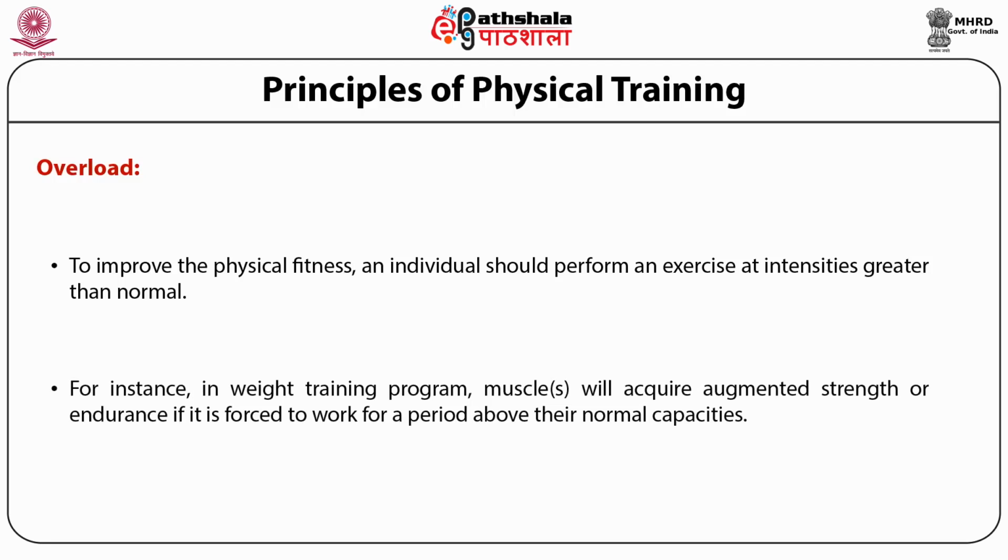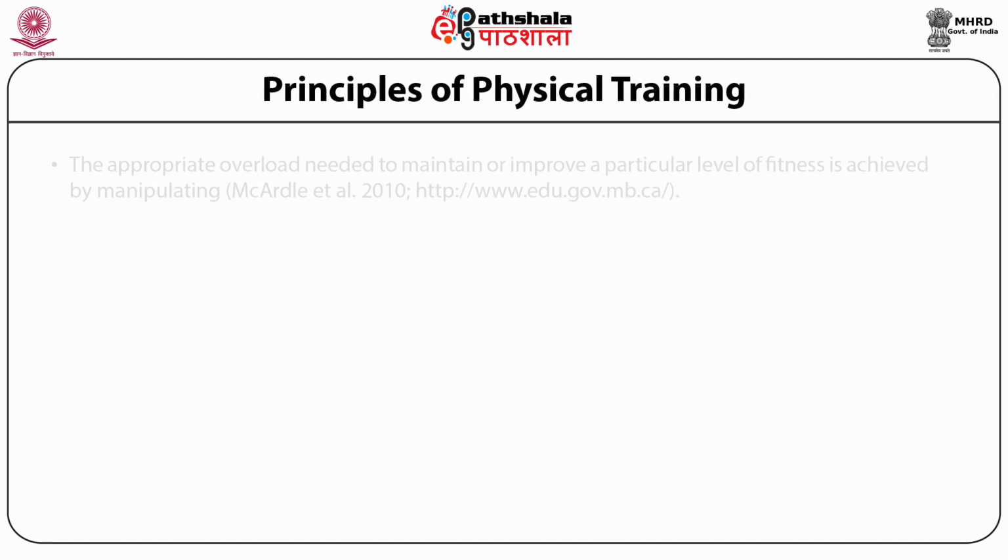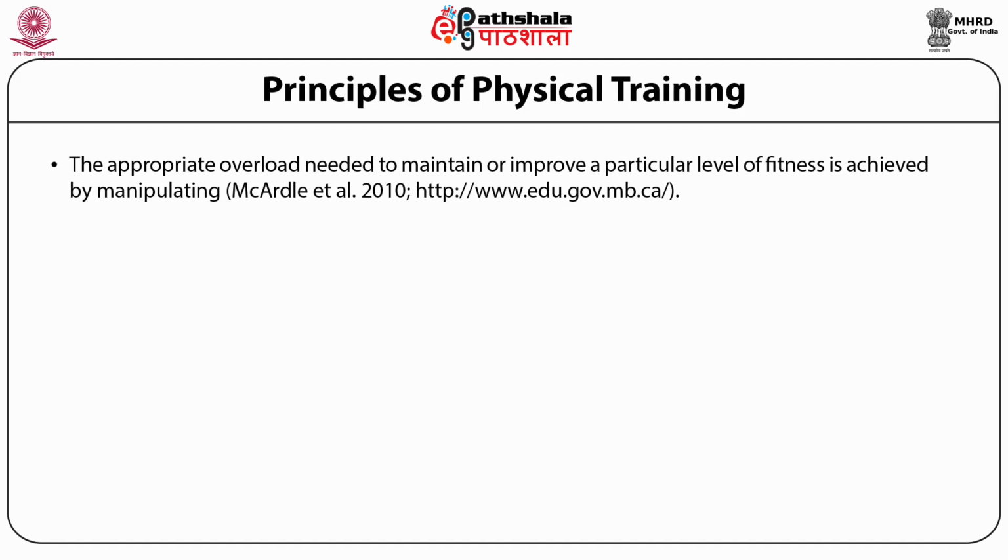For example, in a weight training program, muscles will acquire augmented strength or endurance if they are forced to work for a period above their normal capacities. The intensity of the workout should be periodically readjusted so that muscles work continuously above the normal maximal strength and capacities. The appropriate overload needed to maintain or improve a particular level of fitness is achieved by manipulating the frequency